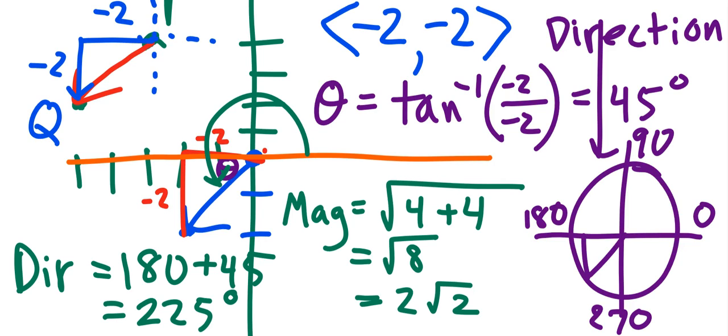So why are you in quadrant 3? Because the component form took me down there. -2, comma, -2 takes me into quadrant 3. So you do it based on the triangle. Oh, so if it was -2, 2 would be 135. Correct. Good observation. You would use that reference angle.